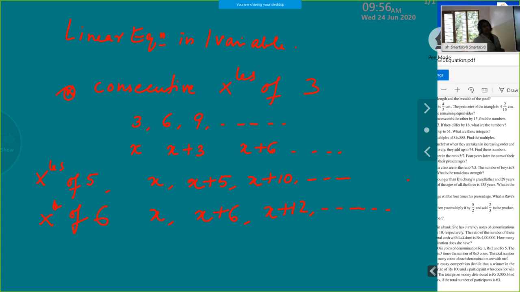So when multiples are given, since it is the word multiple there, don't think that you have to multiply by it. No. We know that repeated addition is only multiplication. So keep on adding the number to the first integer. So these are some more word expressions to be translated in terms of algebraic expressions.